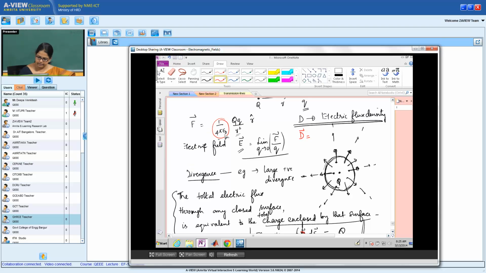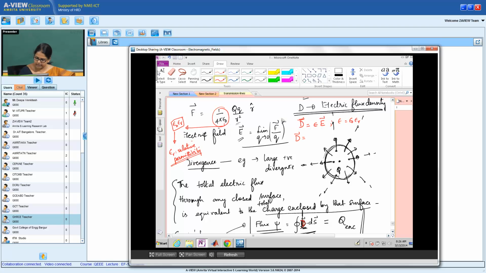Now if it is a medium, this epsilon 0 gets replaced by epsilon 0 epsilon r, where epsilon r is the relative permittivity of the medium. Now it simply means that my electric field changes when I change the medium. And we want Gauss law to be independent of the type of the medium. You want to be applying it everywhere. So electric flux density is a vector which is defined as epsilon E, where epsilon is epsilon 0 epsilon r, so that